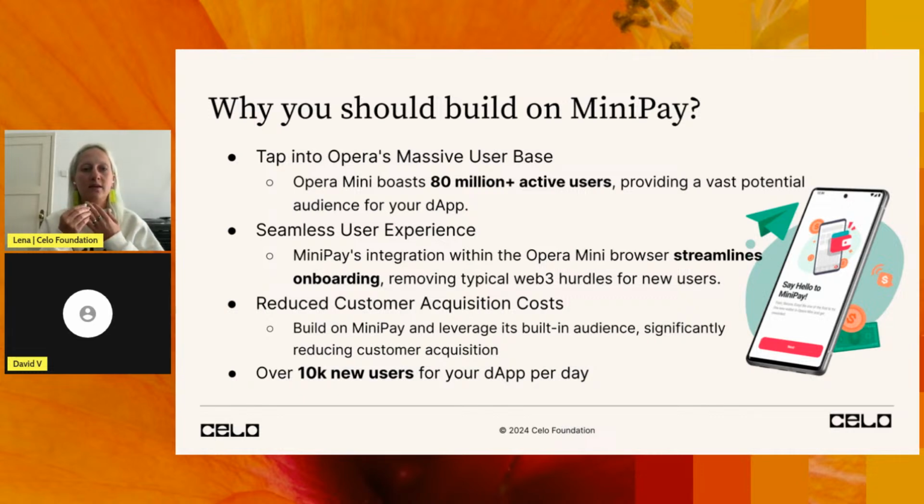And I think in Web 3, we built a lot for Web 3 users, which is not building for mainstream adoption or for banking the unbanked. So this is a very amazing example of onboarding a lot of people to Web3. Opera Mini is mainly distributed in Africa, and MiniPay currently is accessible, which means it has on and off ramps, in Kenya, in Nigeria, and in